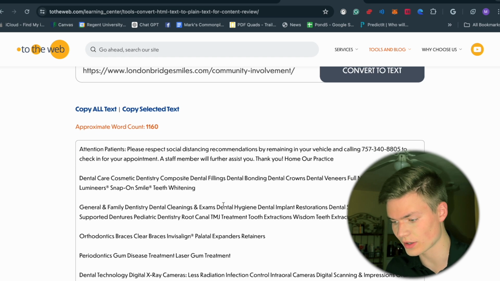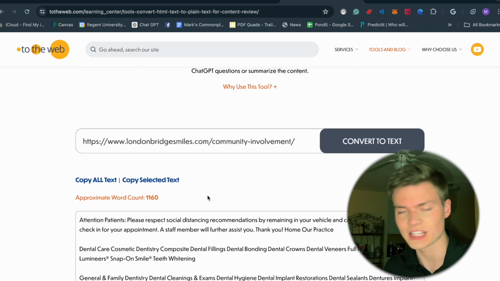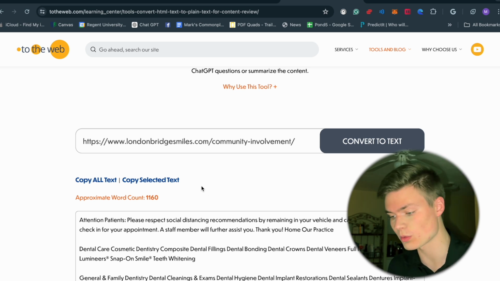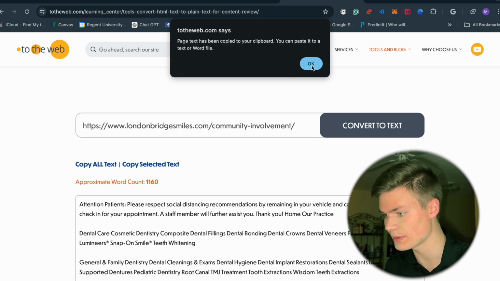And look, here we go. We've got all of this raw data. Obviously, it's pretty all jumbled up and you wouldn't want to just throw it into a knowledge base and be repetitive and wasting space. So what we'll do is just go copy all text, copied it, and then we'll go